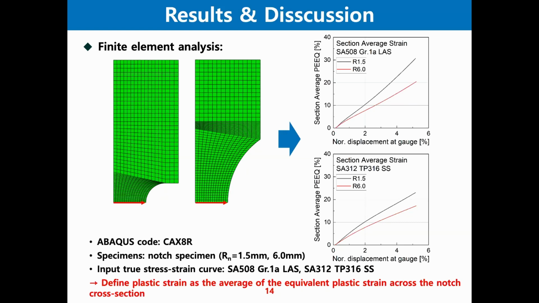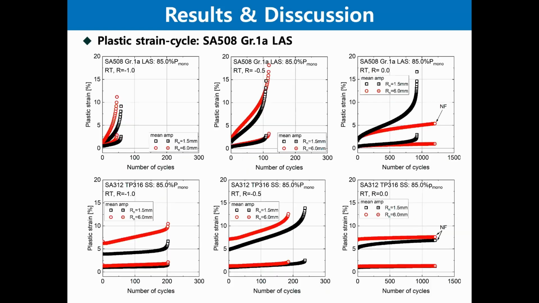So we performed finite element analysis to find the average of the equivalent plastic strain in the notch cross sections, and defined the plastic strain and converted it. We converted to plastic strain to see the behavior as a function of the notch radius, as shown in the figure. Regardless of the materials, the ratcheting rate is faster for the notch radius of 6 millimeters at